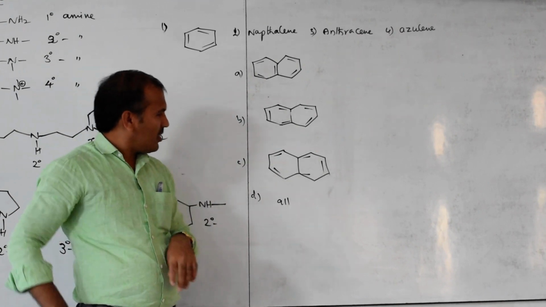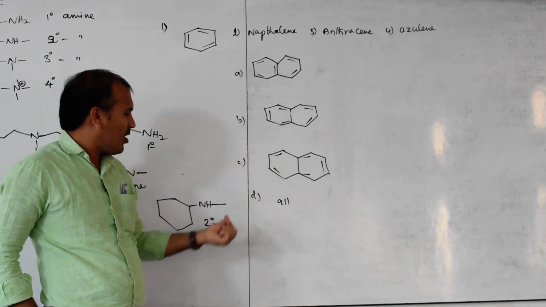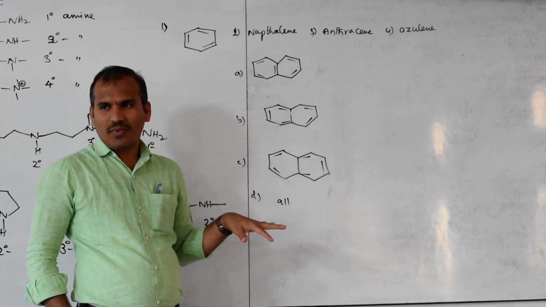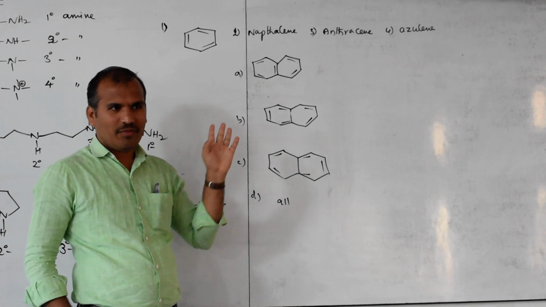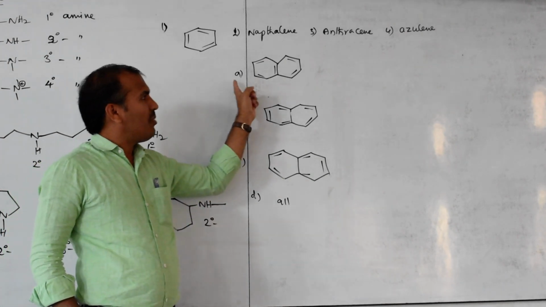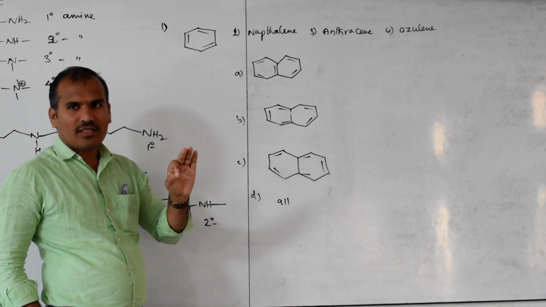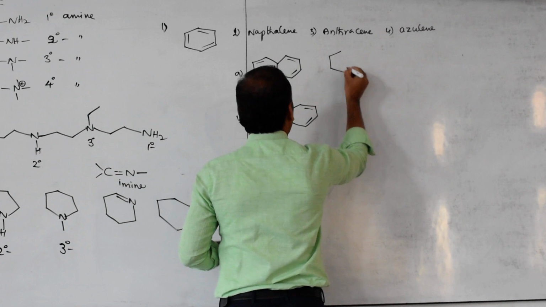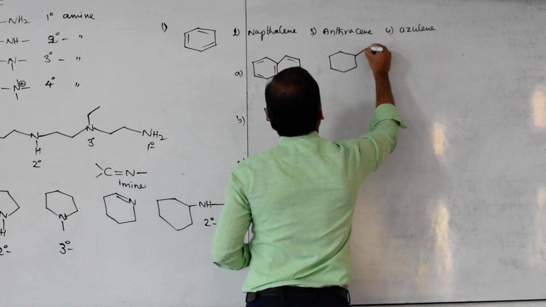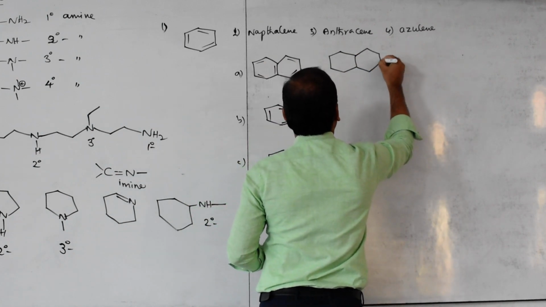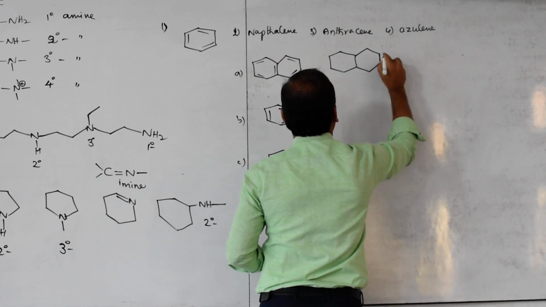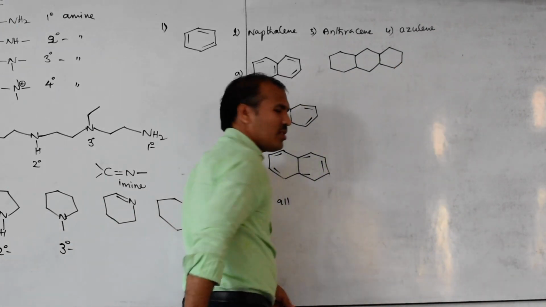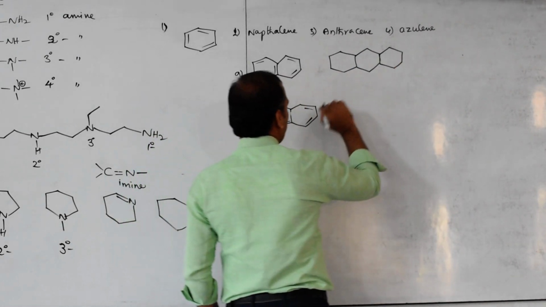Then if a question like this is given, all look like naphthalene, what will you answer? D, if you don't know the concepts. So are all naphthalene only? All, but no. It means the structure with the maximum number of benzene type rings is more stable. Like this anthracene. What is anthracene? These concepts you have to note down. If the maximum number of benzene type rings are there, they are more stable. If you don't note this down, after a few days, again it is a question mark.